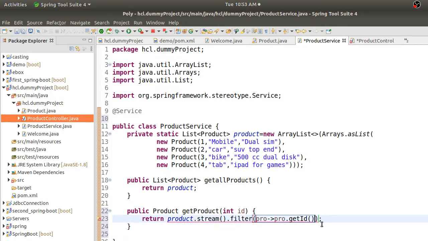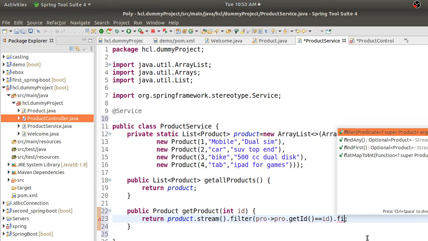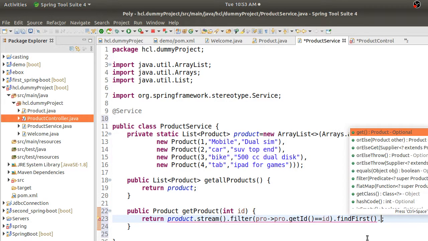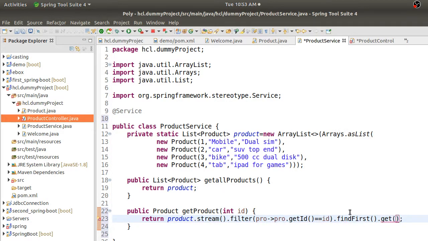If it is an integer, I will use equal to this ID. Then first dot get. I think this is the syntax to get a product by ID.